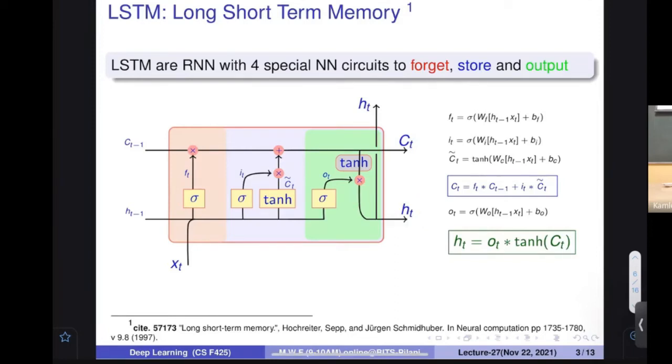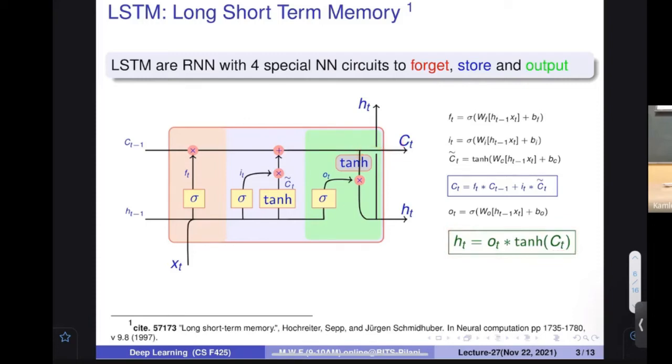Okay. So this h_t also goes over here, and if you want to find out what the output is, you can apply sigmoid and related weights and find out the output. So this is the fourth neural network circuit that gives you the output. Again, nothing needs to be emphasized over here, except what was the earlier state and what is the x. Based on that, it has a weight parameter, so it applies the output parameter and bias related to whatever it had learned and tells what the output is. This output should be dependent upon the current context. So I apply the tanh on this current context, and then I find out what the next state is. So this is a very specialized kind of circuit.